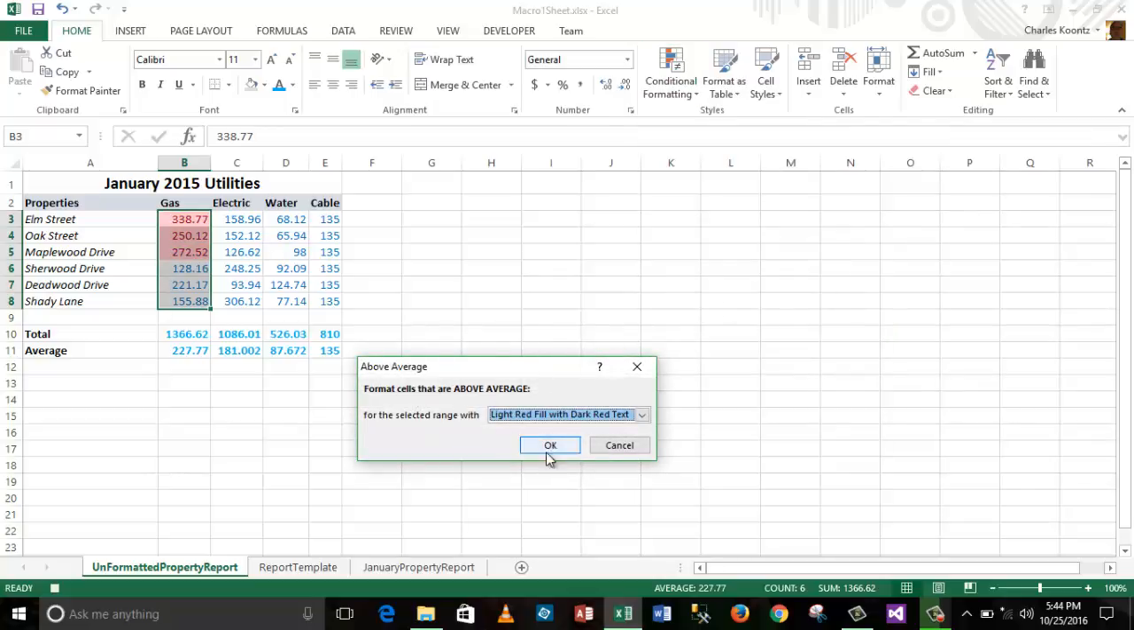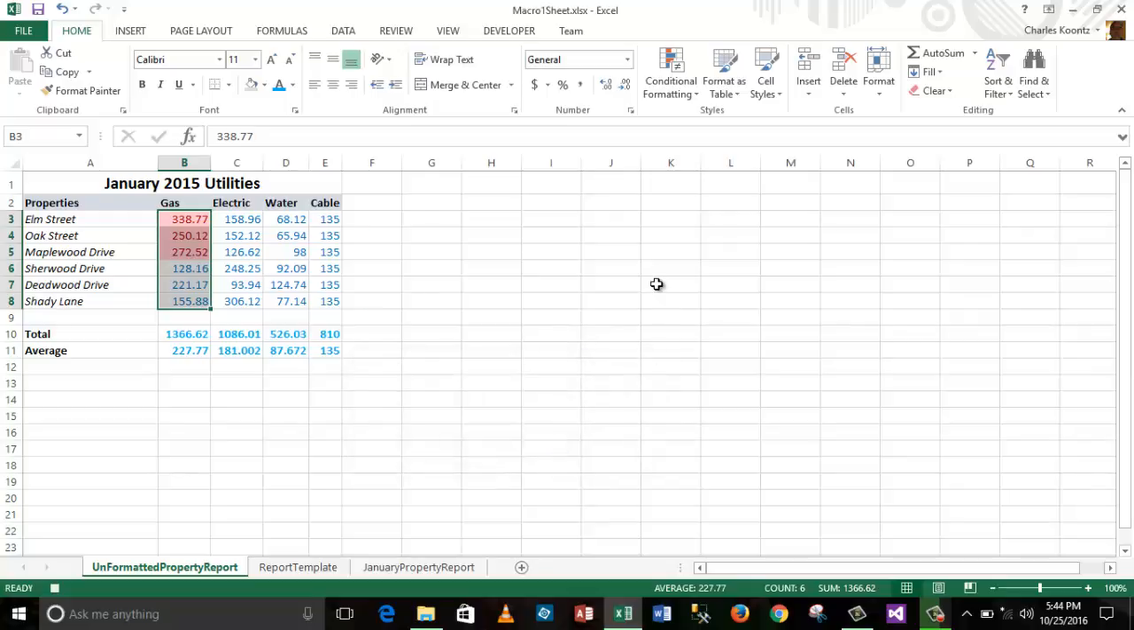and it wants to know how I want to highlight these. So it's suggesting a selected range with light red fill and dark red text. That looks fine to me. That should accentuate things. And now as I look at that column, I see that the first three properties are using more than the average amount of gas, and the bottom three properties are using less gas than average. So I've applied some conditional formatting there,